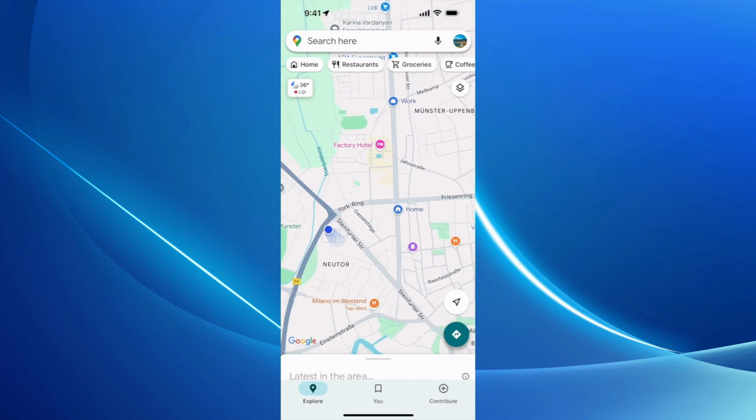So hope by doing so, you'd be able to change home. So you can see home is here, work is here. So by doing so, you'd be able to change home and work address